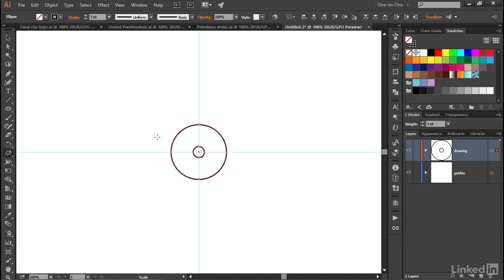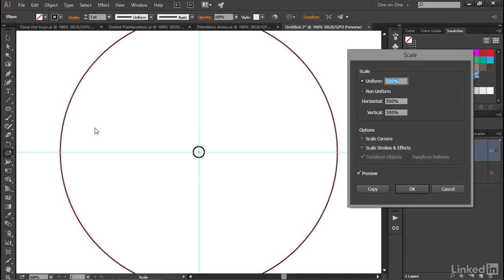And so I'll once again press the Control key or the Command key on the Mac in order to get the black arrow on the fly. And I'll add the Shift key and then click on this middle shape. So that's a Control-Shift click here on the PC or a Command-Shift click on the Mac so that just the outer shape is selected. And then when I release the Control or Command key, I return to my Scale tool,